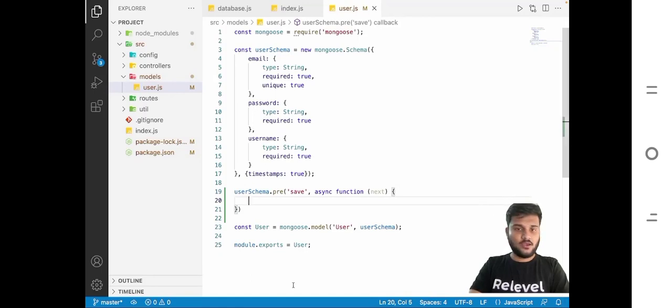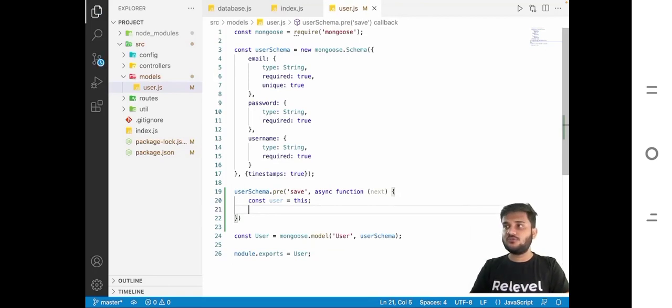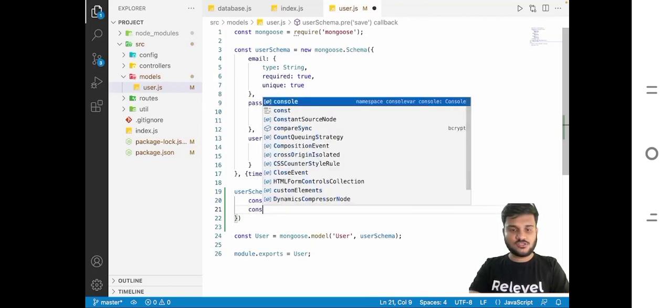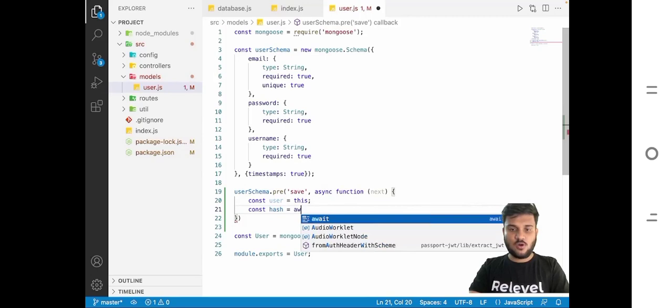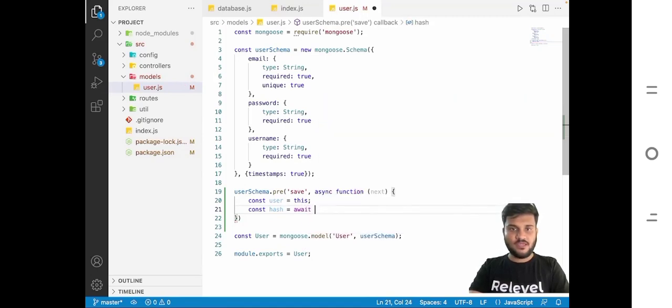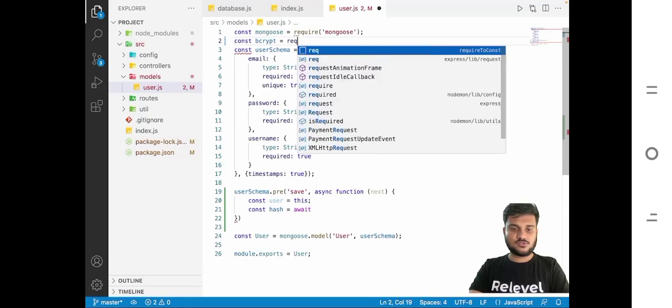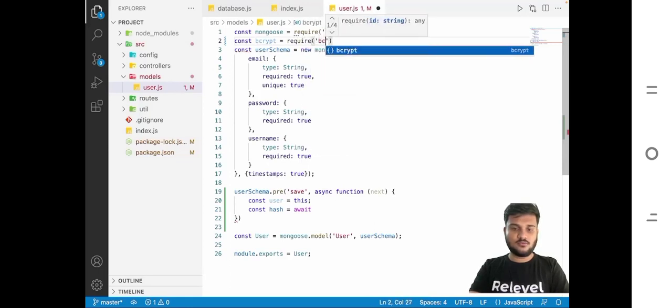Okay, and now what we are going to do is say const user equals this. The current object that you are going to come up with is going to be the user, right? And then we'll say const hash equals await bcrypt. So we need to require bcrypt. So const bcrypt equals require bcrypt,